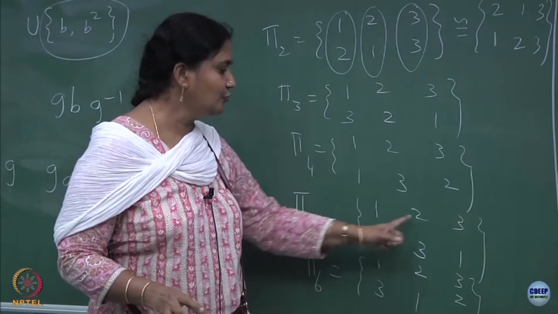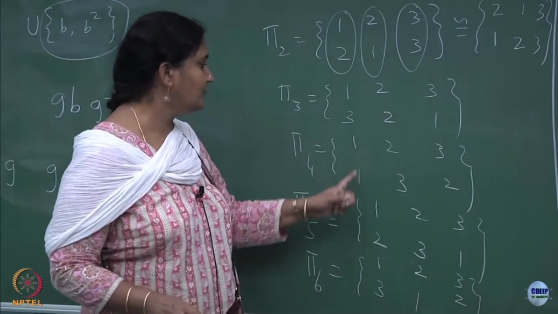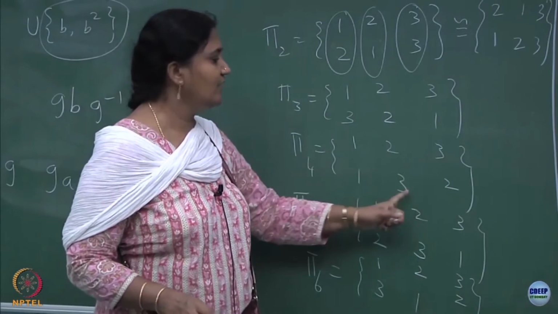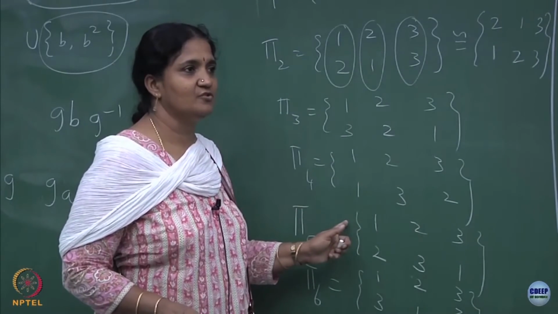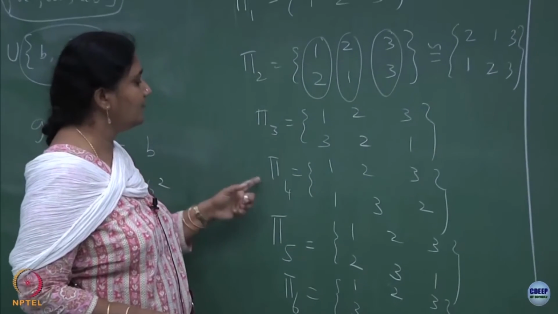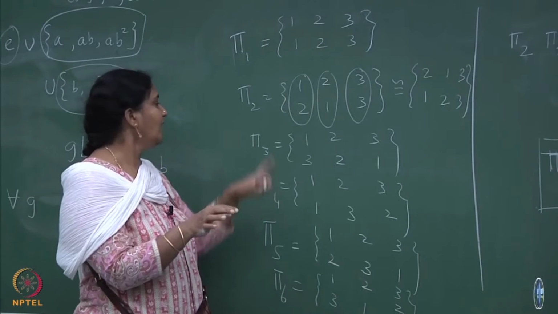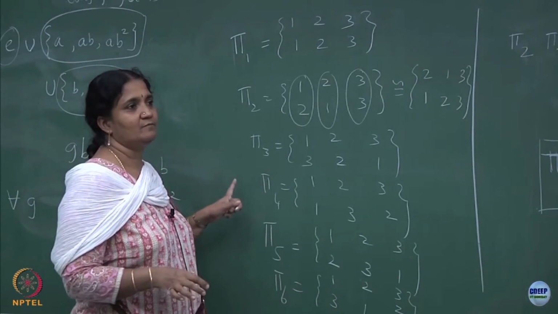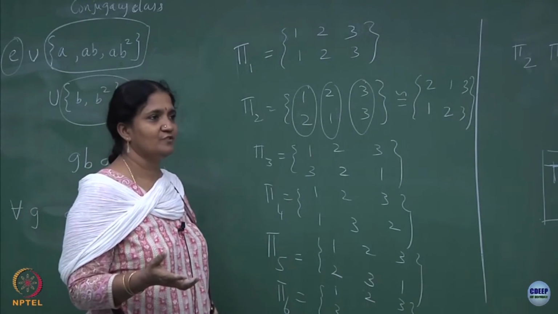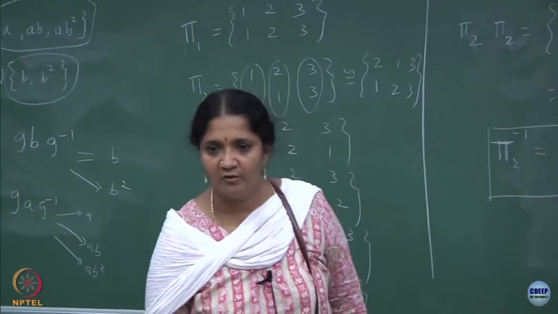1 goes to 2, 2 goes to 3, 3 goes to 1, right. Whereas here, if you see, it is only 2 and 3 that are getting exchanged, 1 is untouched. So any 2-particle exchange, so pi 2, pi 3, pi 4, are only involving 2 objects. They will always be order 2 elements, right. If you do it again, you will get back to the same position, right. So, they are order 2 elements,